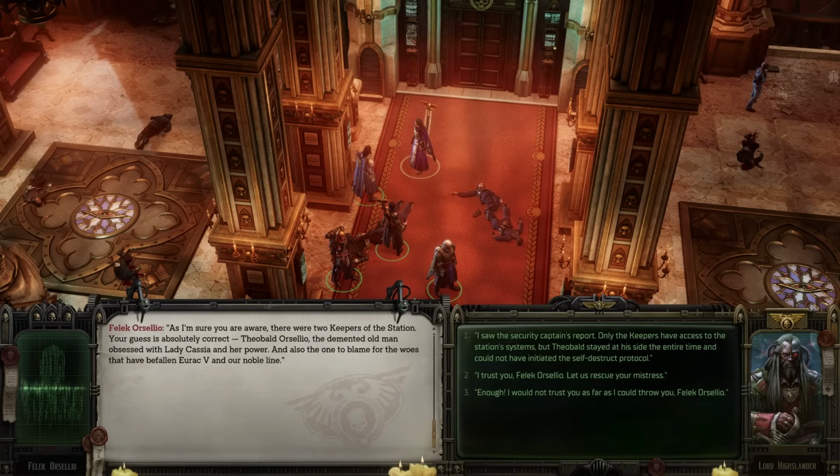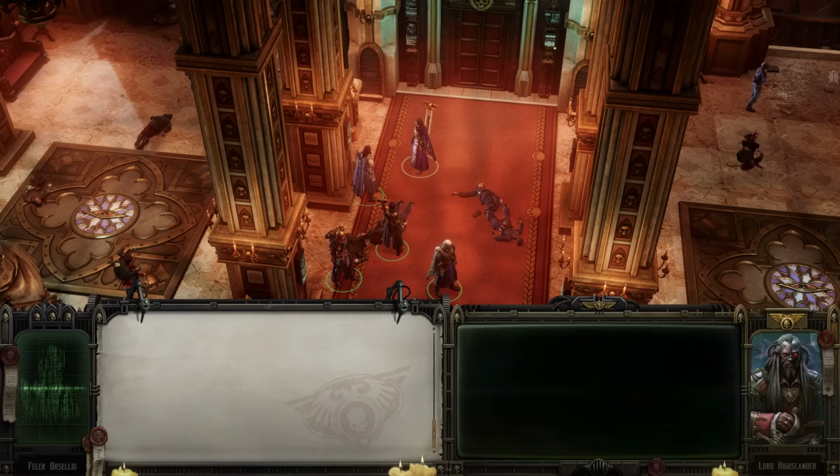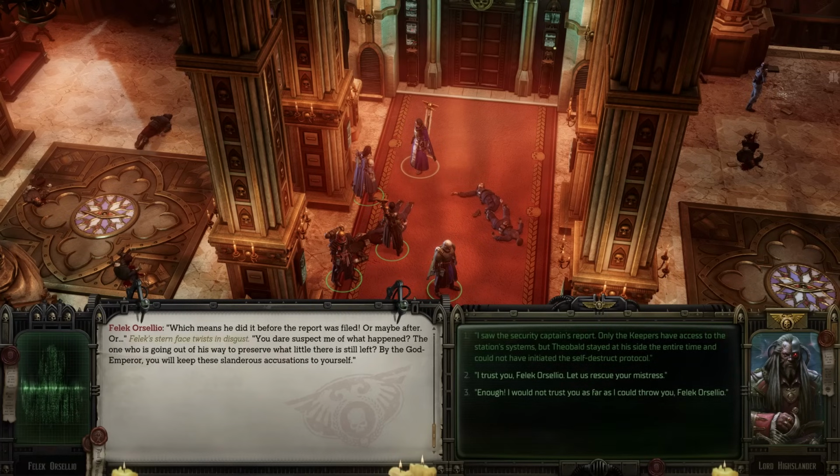As I'm sure you are aware, there were 2 keepers of the station. Your guess is absolutely correct. Theobald Orsilio, the demented old man obsessed with Lady Cassia and her power, and also the only one to blame for the woes that have befallen Urek 5 and our noble line. I saw the security captain's report. Only the keepers have access to the station's systems, but Theobald stayed at his side the entire time and could not have initiated the self-destruct protocol. Which means he did it before the report was filed, or maybe after, or...